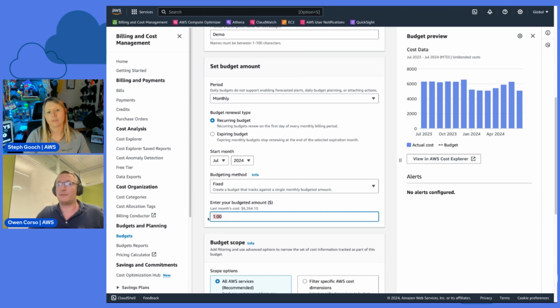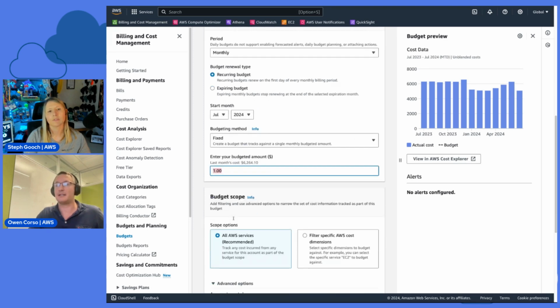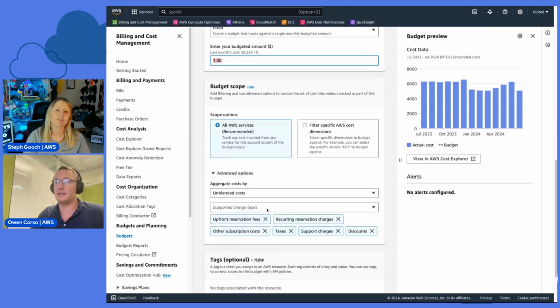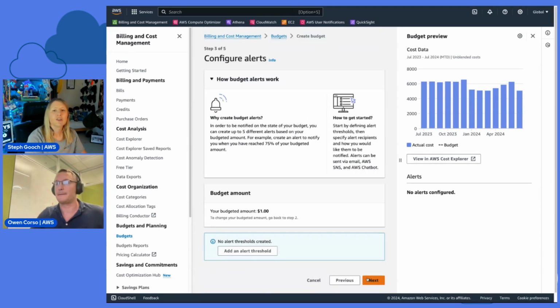Setting that really well, baking in all of your planned roadmap items, is really going to help reduce false positives where you receive an alert but nothing is wrong, and also reduce false negatives where, if the budget amount's too high, you're going to be missing all of the little blips that go on below the surface. So you really want to get that dialed in and equal to your expectations. Make it realistic. Don't say, I'm spending 6,000, but really I want to be spending 5. No, what are you actually spending?